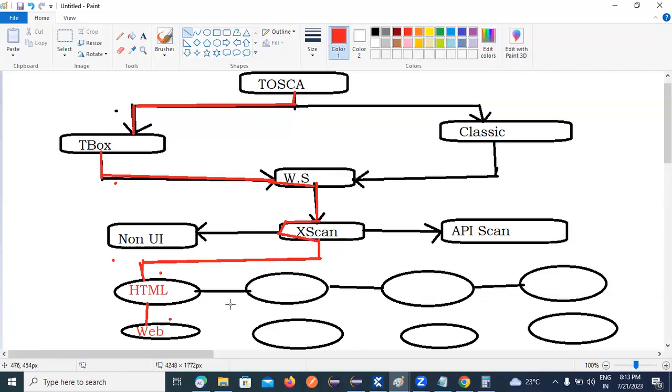This scan will provide different types of engines based on the application. If I want to select a web application, the X-Scan will provide the HTML engine. If I want to select